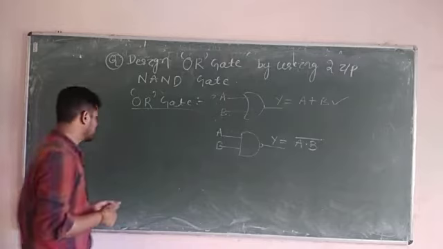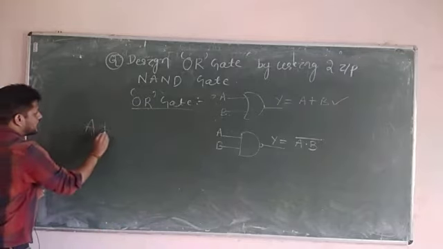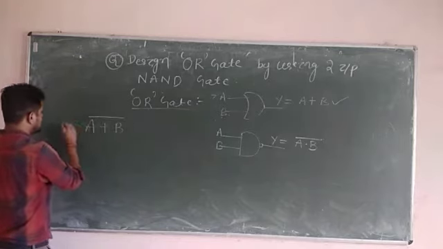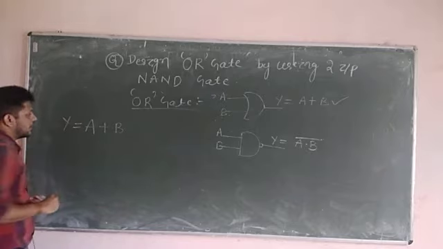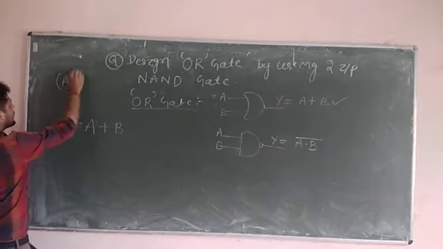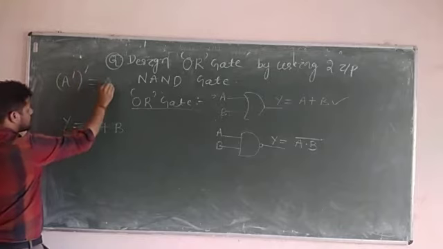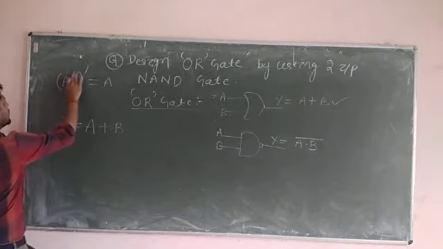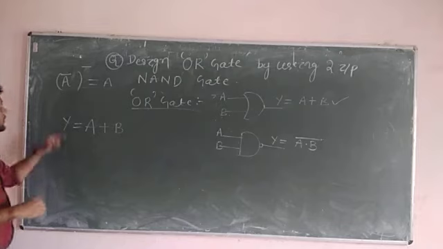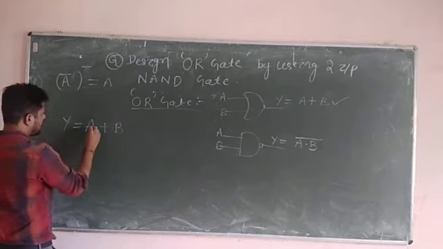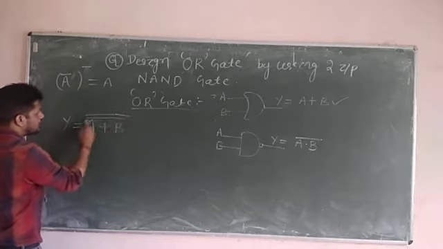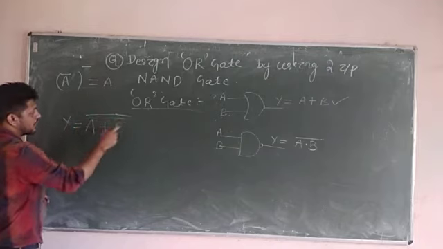Then how to start? See here, the expression for the OR gate we already know, that is A or B. So Y is equal to A or B, and from the complement law you already know that A complement of complement is always going to become A, that is A bar of bar, or A bar whole bar, is always equal to A. Similarly, I can write A or B whole complement, or A or B whole bar, that becomes A or B.